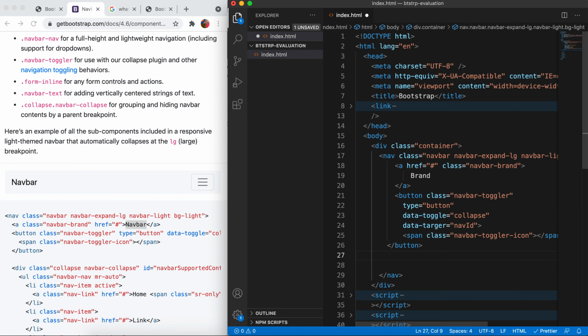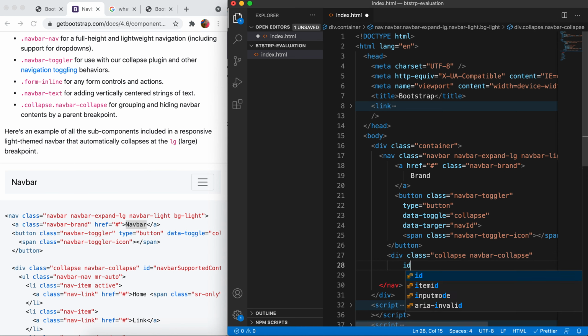And now we are gonna specify the menu inside a div with class collapse and navbar-collapse, just like that. And we have to specify the ID that we gave in the button, that is going to be ID. Oh, I forgot to specify hash here. Gotta put the hash, that's really important. Nav ID, that's gonna be our